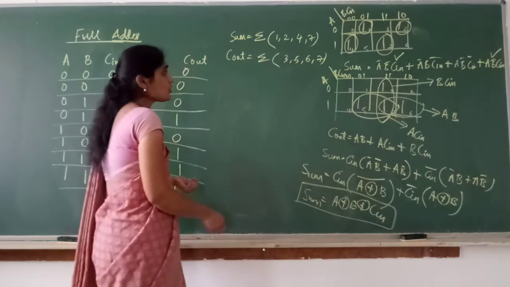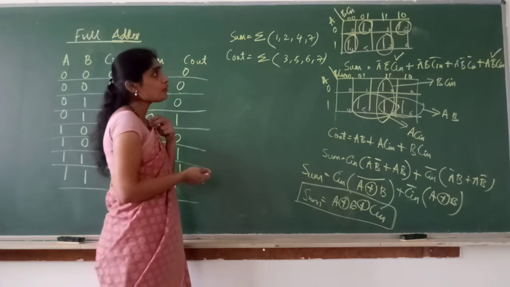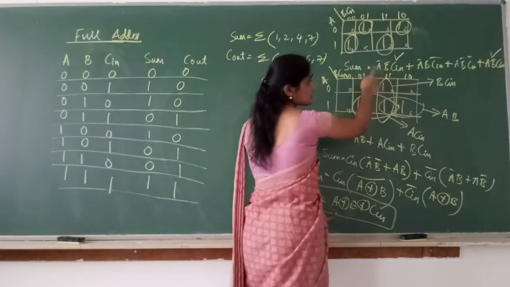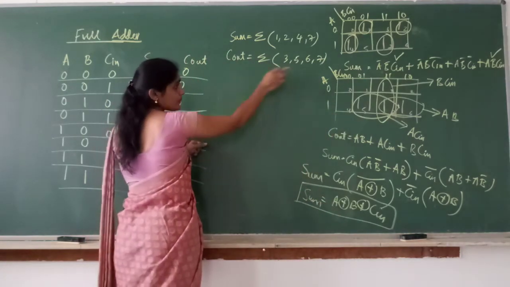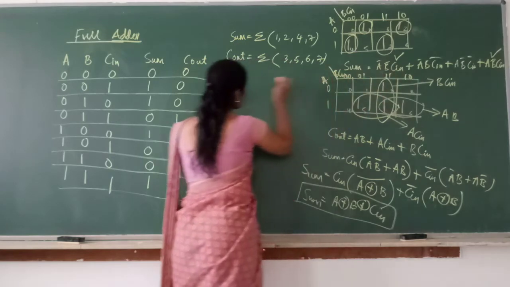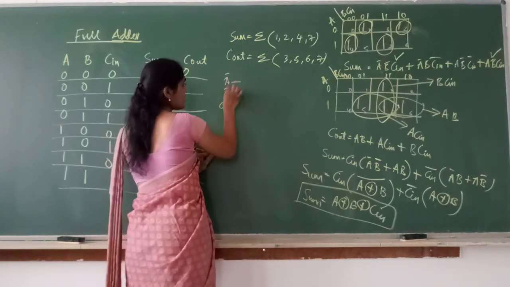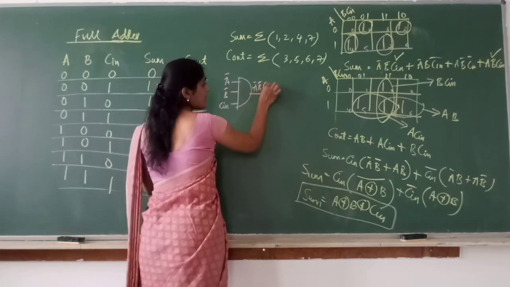Okay. Now if in the exam they ask you to write the circuit for full adder using basic gates, don't take this. You write the circuit for this. Let us write the circuit using basic gates. Full adder basic gate circuit. What is the equation? A bar B bar C. I will give this to an AND gate. So here I am getting A bar B bar C.